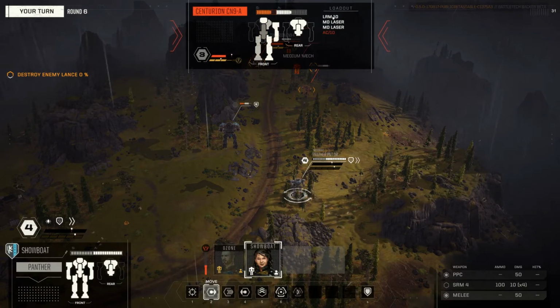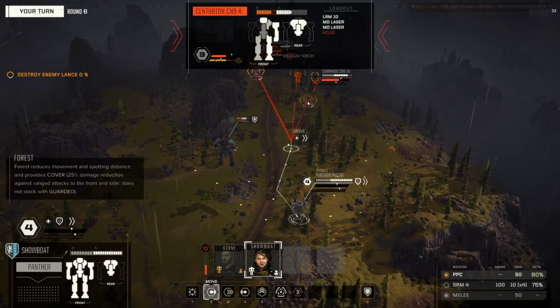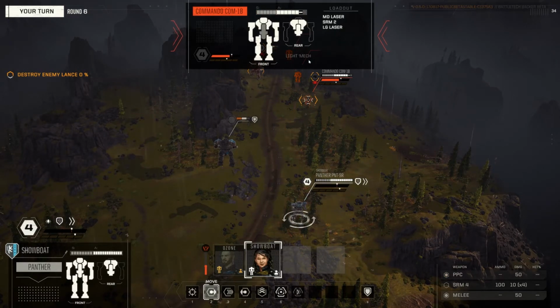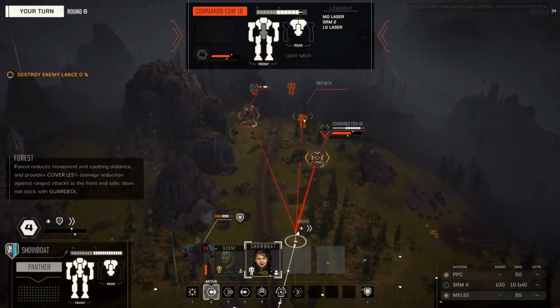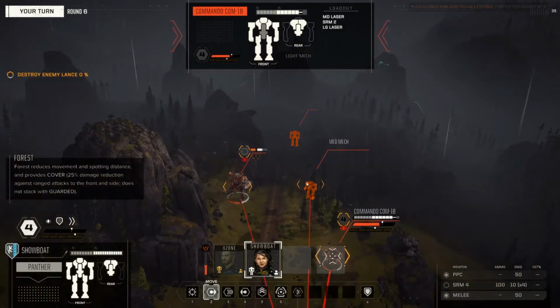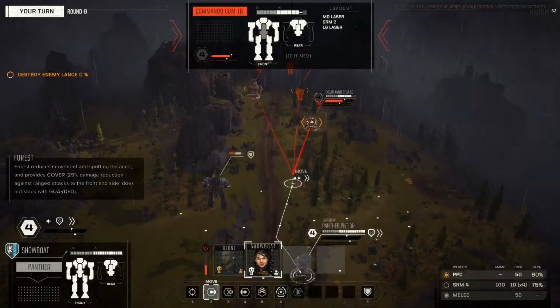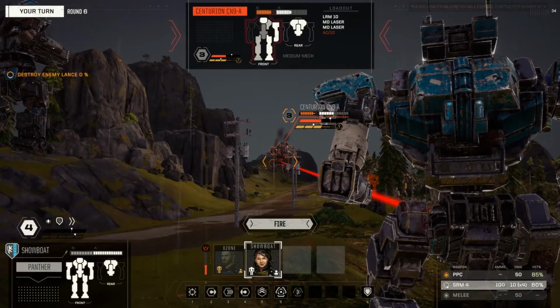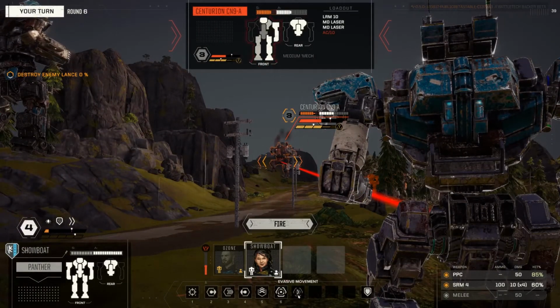The AI in previous versions would, at this point, start falling back and probably start plinking with long-range shots. So my better target might be the Commando to start taking him down. He's got that large laser, and that is definitely going to hurt. And we've got the medium mech back here and another light. It comes down to which is my better shot, 85 and 80, or 80 and 75. And I gotta say...